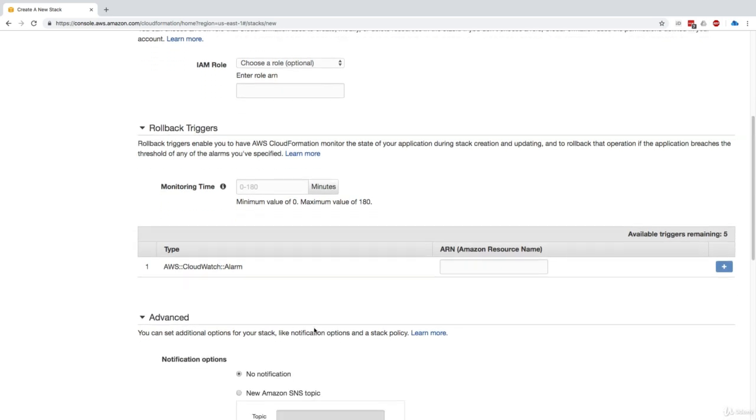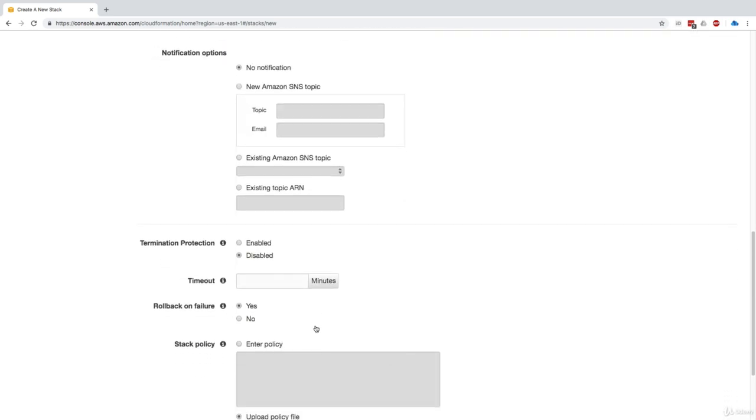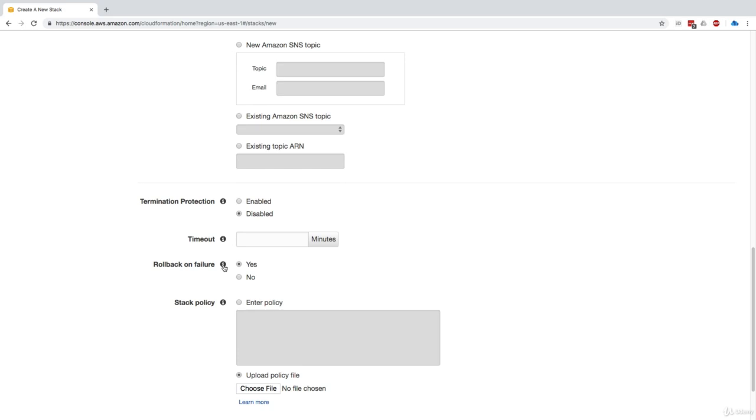And in advanced, we can see that now there is an option to set the rollback on failure. It controls whether a stack is rolled back if stack creation fails. Right now it says yes, so in case the creation fails, it will roll back. If I say no, in case the creation fails, it will just stay in that state, and we can look at it and troubleshoot.